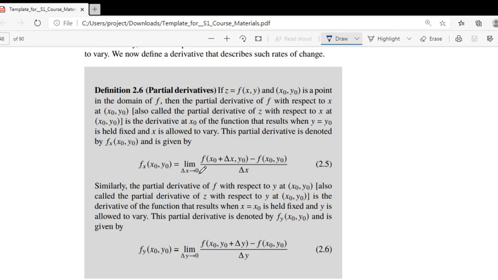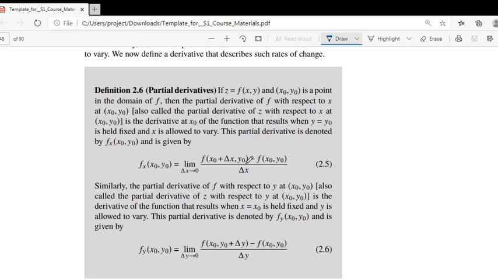That means we try to evaluate the relative change in f with respect to a small change in x. At that time we keep y constant. So this is the partial derivative at the point (x0, y0). This derivative will vary with the point (x0, y0). If (x0, y0) is changed to another point (x1, y1), we get the partial derivative at that point (x1, y1)